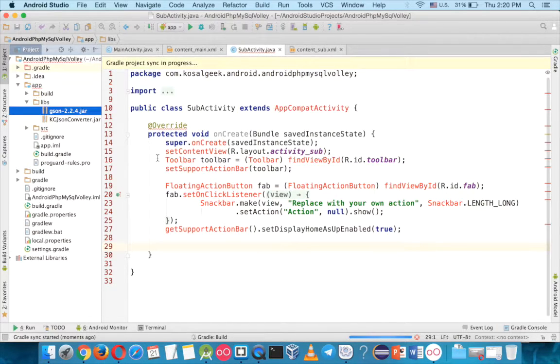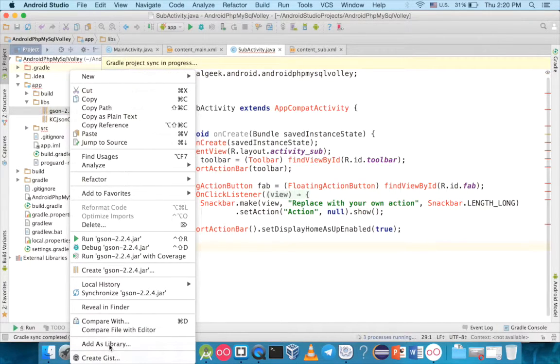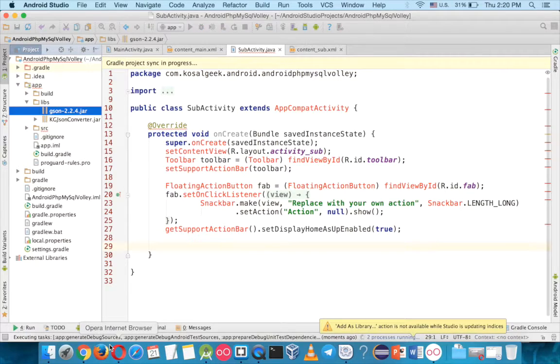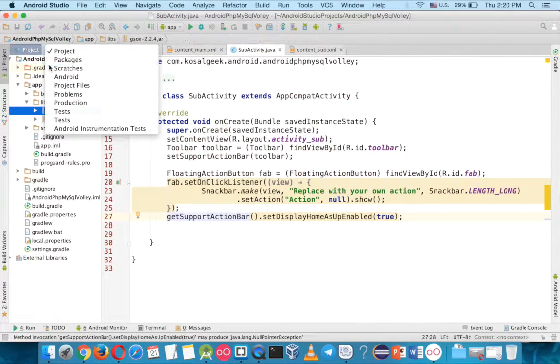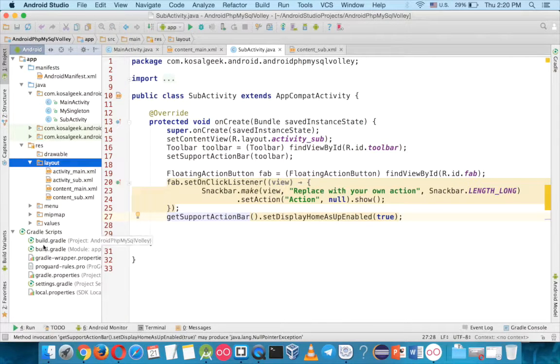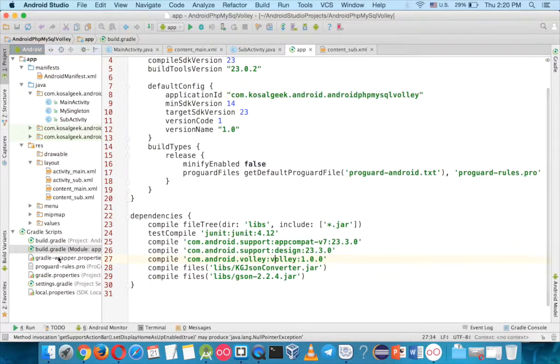The red color is fine because it is in the Gradle building process, so it's fine now. Okay, it looks good now. So we go back to Android perspective and make sure that you have this line in your Gradle build. Okay,